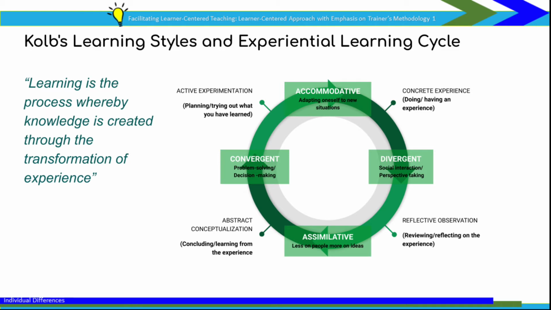Diverging. These people are able to look at things from different perspectives. They are sensitive. They prefer to watch rather than do, tending to gather information and use imagination to solve problems. They are best at viewing concrete situations from several different viewpoints. Kolb called this learning style diverging because these people perform better in situations that require idea generation, for example,